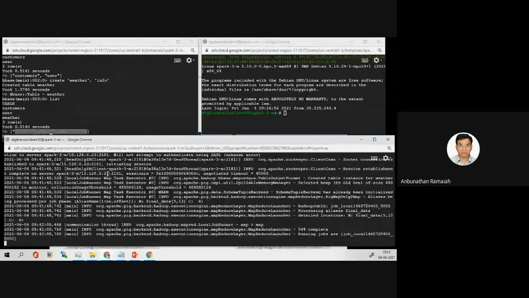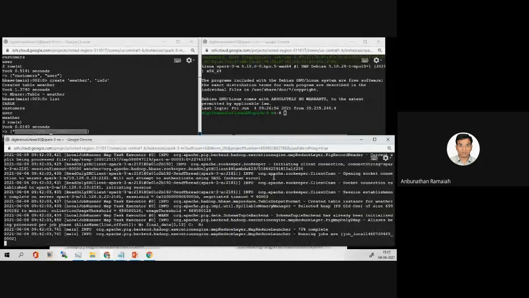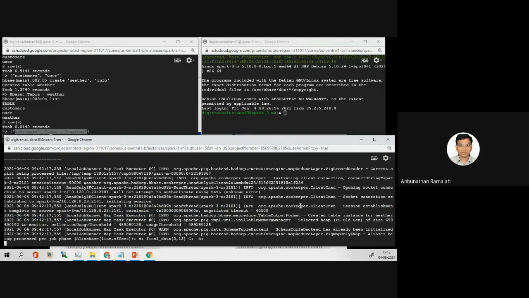Running now. We'll see what that is. See, now map is doing map and reduce. It will do map reduce. See the map task executor. You can see the percentage complete here also.